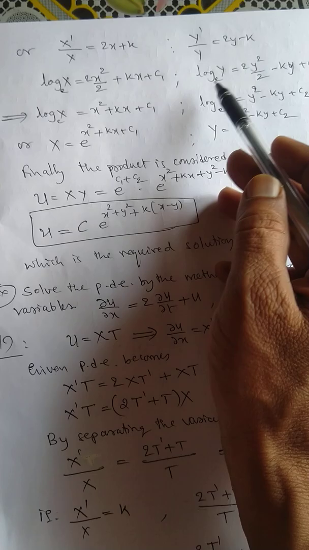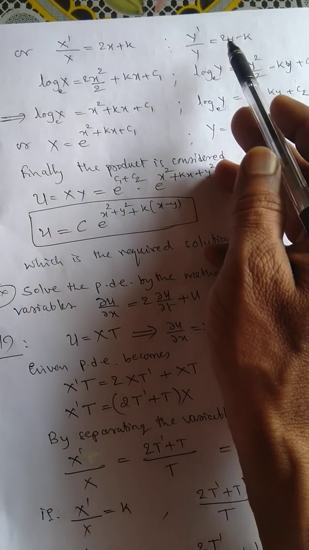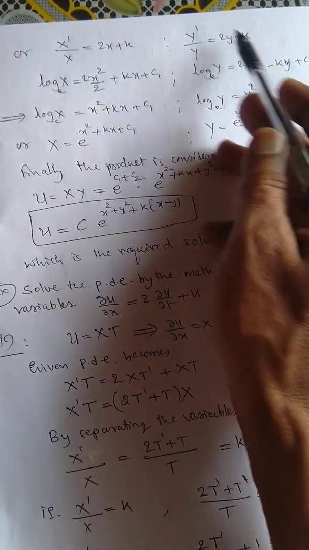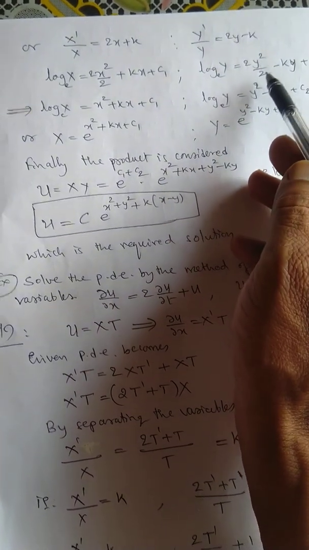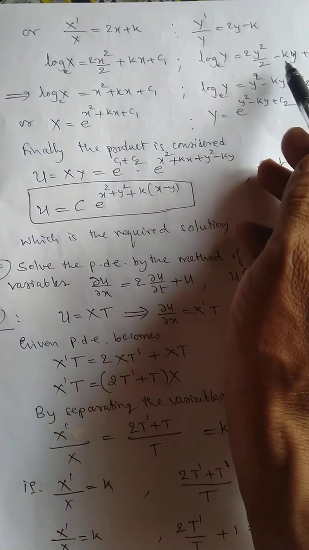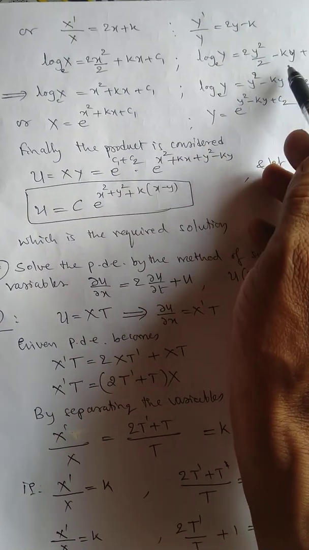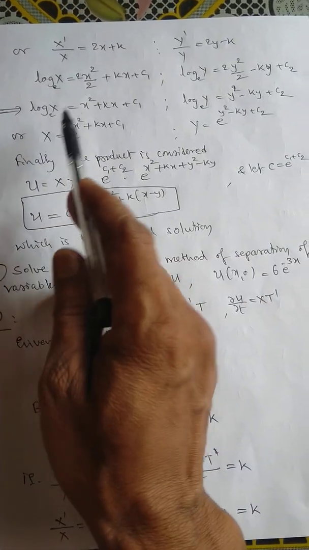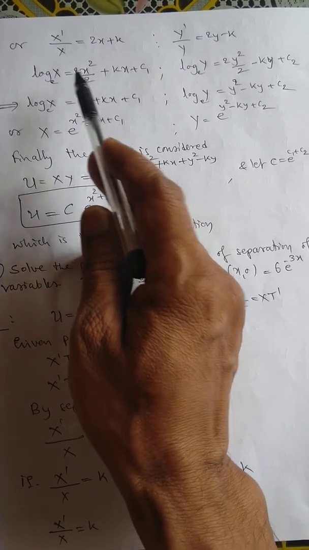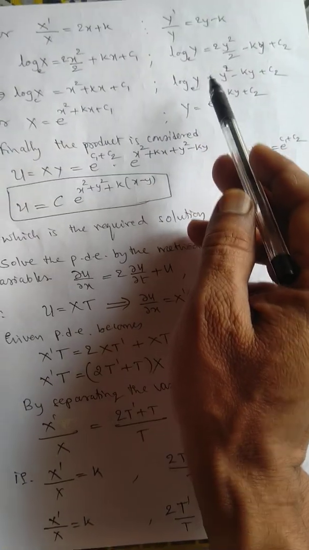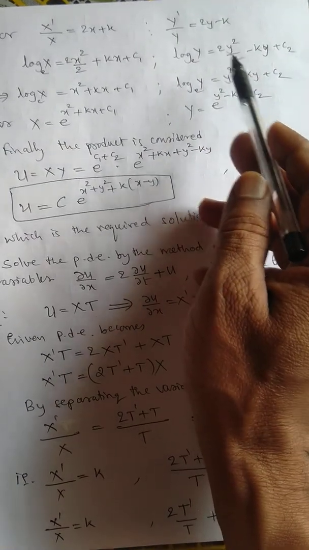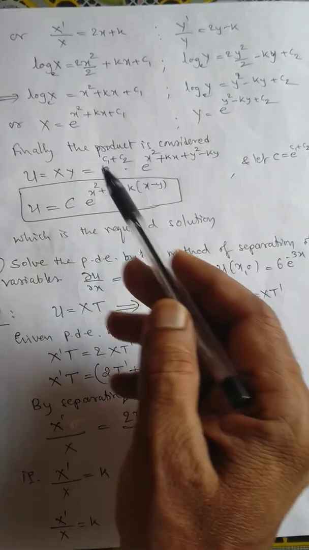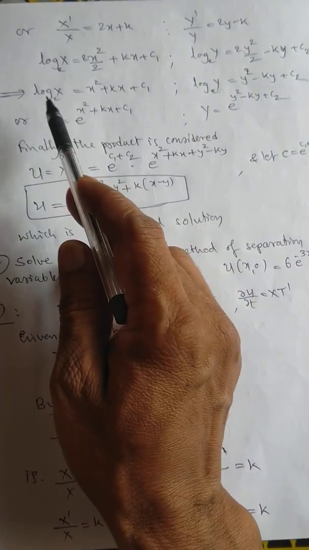Integration of this, log y to the base e is equal to, with respect to y, integration of this with respect to y. So 2 into y square by 2, minus integration of k dy is minus ky plus c2, the integration constant. So log x to the base e is equal to, the 2 gets cancelled, x square plus kx plus c1, and log y to the base e is y square minus ky plus c2, the 2 getting cancelled. Okay, and by simple transformation